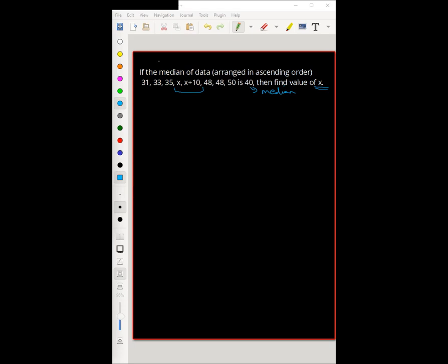Sharon, think of one thing. Whatever answer you gave me, we've already arranged this data in ascending order. So the value that you gave me is for this one. Is that value more than 35 or less than 35? Sir, more than. It's less, right? So it cannot come in ascending order over here. So your answer would definitely be wrong.